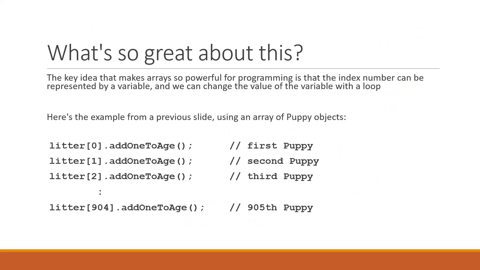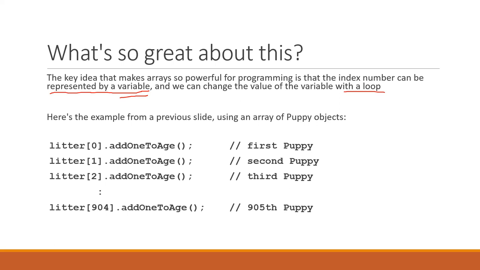Okay? Well, you might say, what's so great about this? Well, what's great about this is the fact that the index number or the subscript is a numeric value, an integer value, and can be represented by a variable. Okay? So we can use a loop to change the value of the variable, and then every time through the loop we can be working with a different element of the array. So if I wanted to add 1 to age for all of the puppies in the litter,